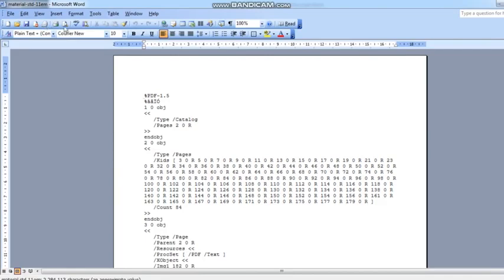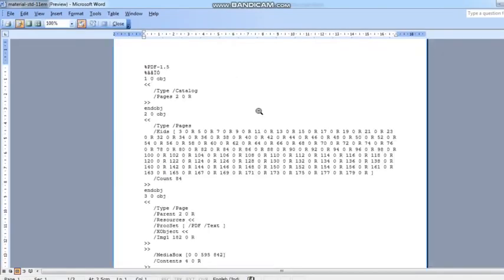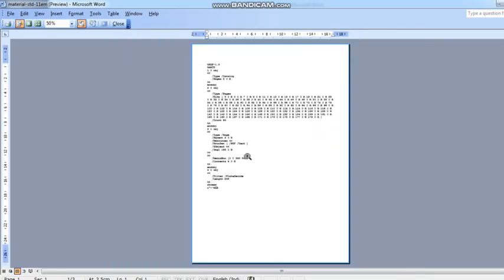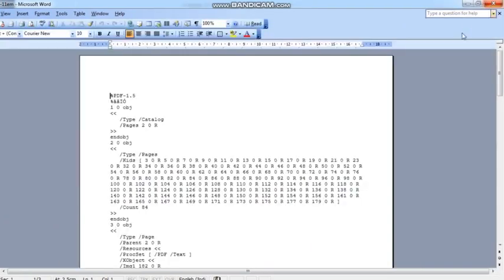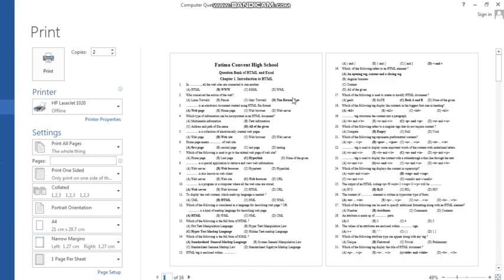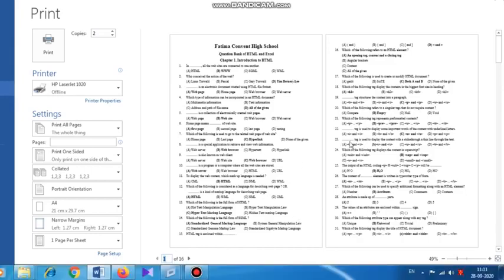If I click on print preview, then it will show me the print preview somewhat like this. Then I can zoom in and zoom out. So in all the versions it is different. Fine, we continue with 2013 version. So here it is showing me the print preview of 2 pages. Okay, and here it's displaying page number 1 of 16.